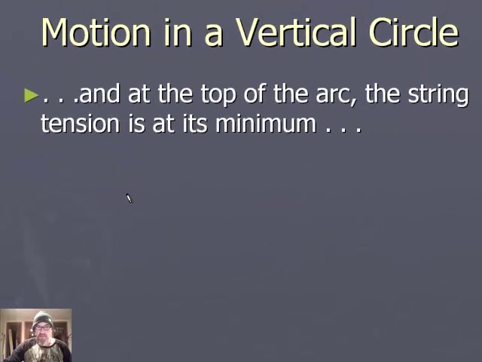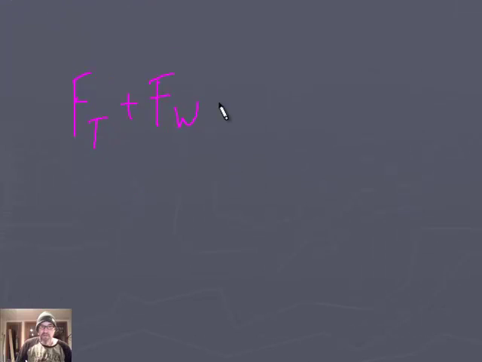At the top of the arc, the string tension is at its minimum. So we know that force of tension plus gravity, the force of weight, Fg or Fw, is equal to the centripetal force. So that means the tension, when it's at this lowest point at the top of the arc, is going to be equal to centripetal force minus